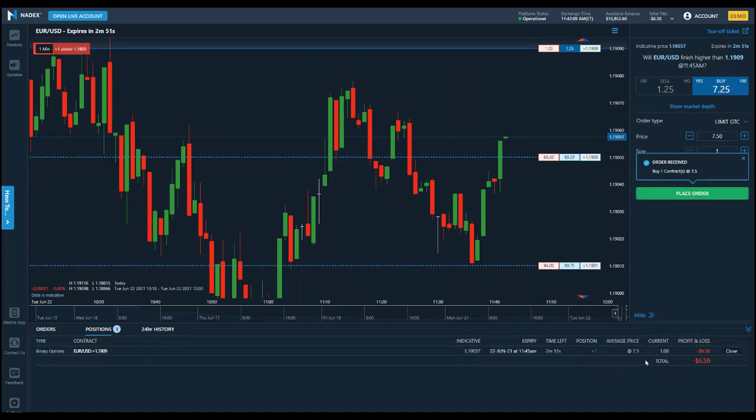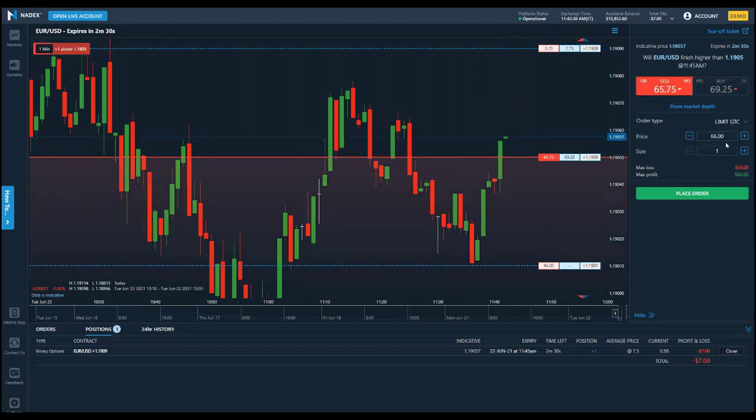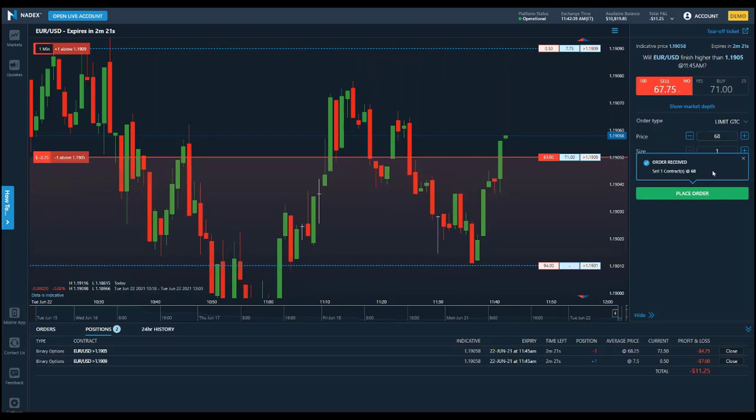I might have bought it. I could look at what I bought, just for fun. Now look at this probability. There's still 2.5 minutes to go. It's pretty high above. It's giving it a 70% probability. Maybe I think it's going to drop. Maybe I want to sell one of these at 68. I just put an order to sell one at 68, and look, wow, I traded that already.